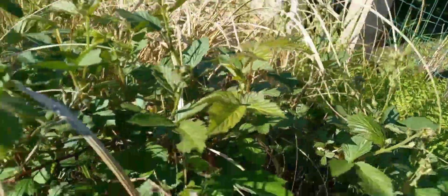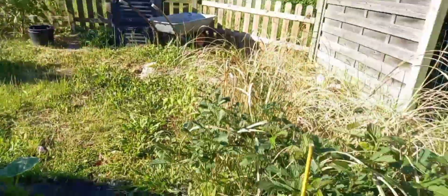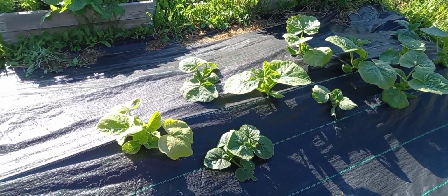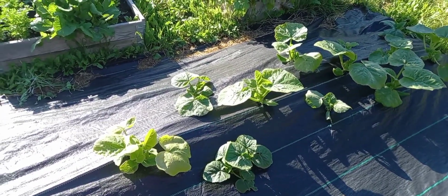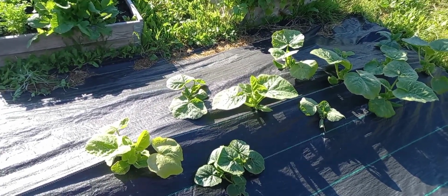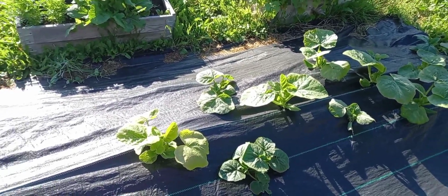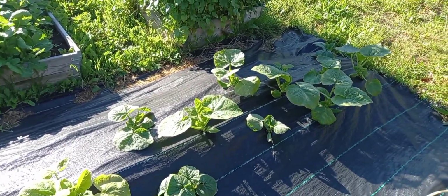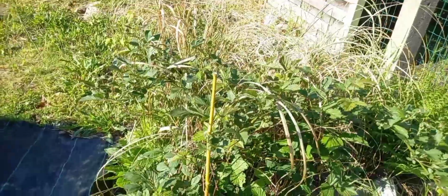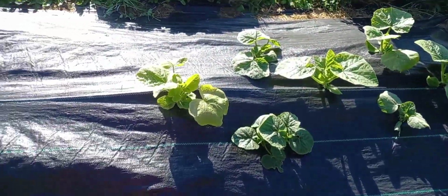And so, yeah, it just took a while to get established, and now it's very happy. It probably doesn't hurt that I built this bed right here, and the bottom of it was full of chicken manure. It's chicken bedding, two layers: hot, fresh on the bottom, then aged in the middle, and the top was finished planting soil from the recycling center. That's going to run off, and they're going to be able to feed off of that. So that may be what's happening here, is that it just got heavily fertilized by this new bed, and then